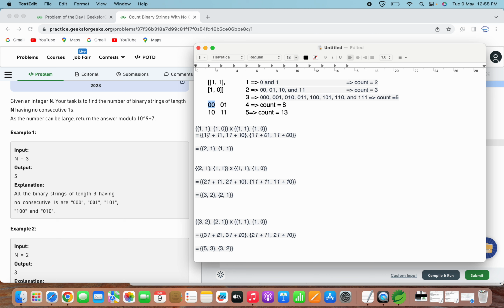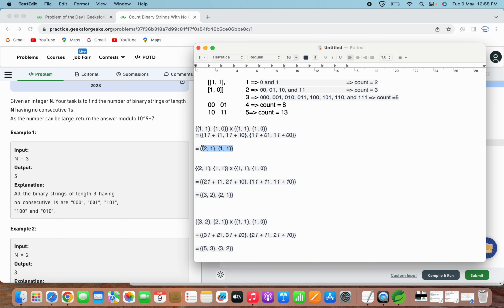Here it is 1 into 1, 1 into 1, so that is understood. This was for n equal to 1, where you can see the 0th value that we are getting. For n equal to 2,